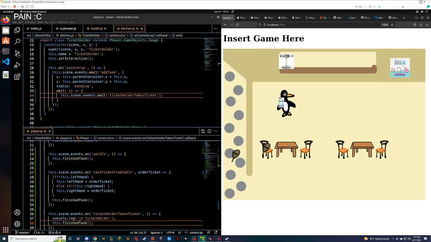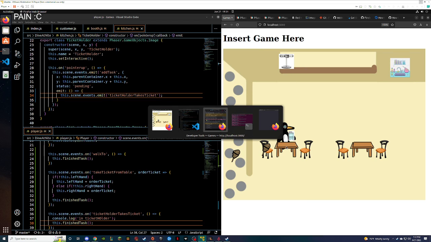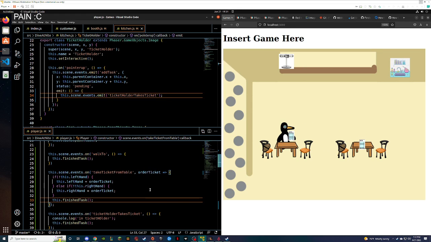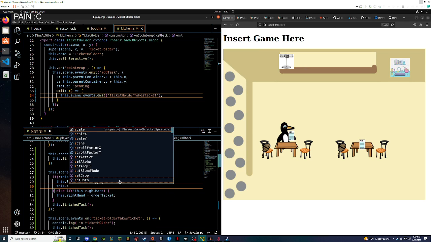So now we can move around as we please. This ain't gonna take my ticket. Oh, shoot. Oh, no. Okay, I'm glad we ran into this because we'll do another emitter.